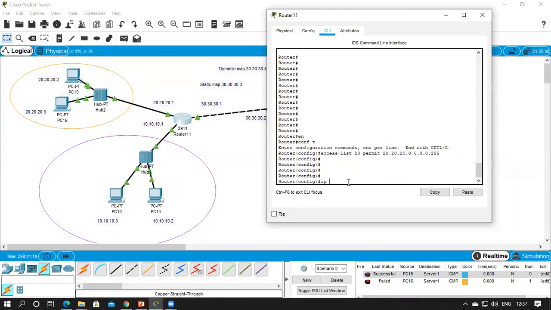So we'll give the command ip nat. We are in the inside network. So which is the list? The list number is 20. Now all the packets coming from this network should go to the public address. So which is that interface? That interface ID should be given. So the interface